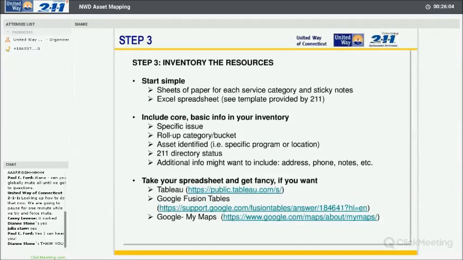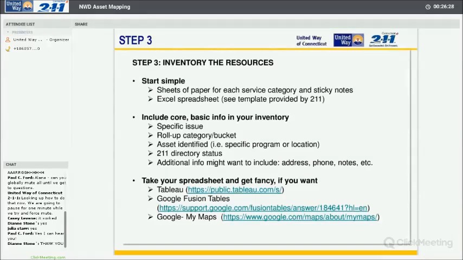and track in your inventory. Is this a resource that already exists in the 211 database? Does it not exist in the 211 database? Does it exist in the 211 database but potentially needs updating? And then you might also want to include additional information as well, an address, phone number, optional notes